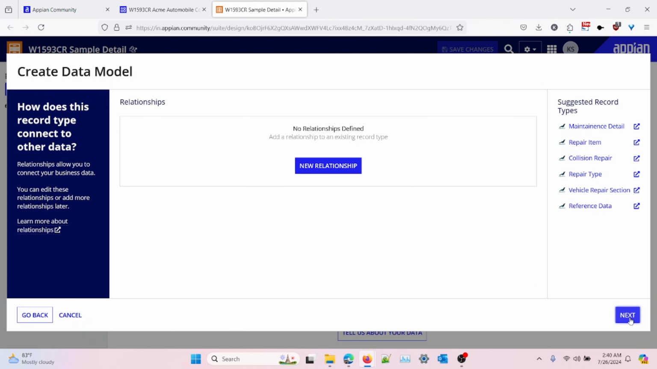If I want to define the relationship between this new data model and the existing records, I can also do that. But right now in this video we won't be doing that. We will be talking about relationships in the upcoming videos, how many types of relationships there are and why they are useful. So right now I'll click on next,